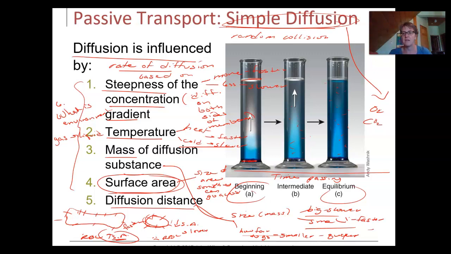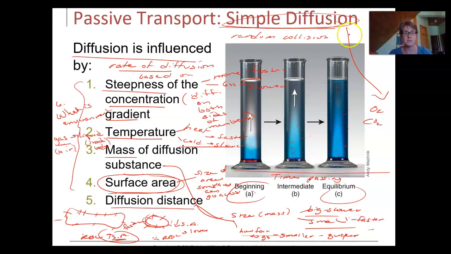So is my environment air, a gas? Oh, I lost my little black dot. Here it is. Is it a gaseous environment like air? Is it a liquid environment like inside the body? When we factor in cold, it's not like you're going to be diffusing through solid anywhere in the body, so I'm not going to go there.